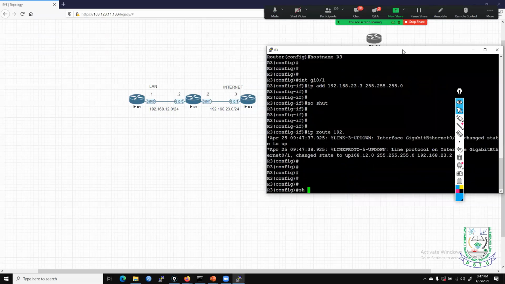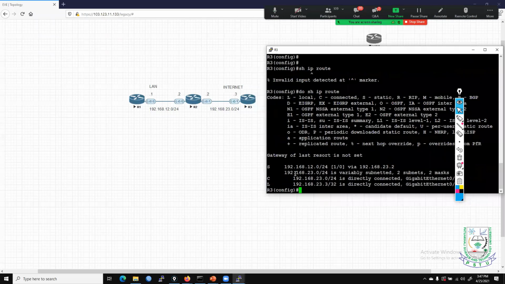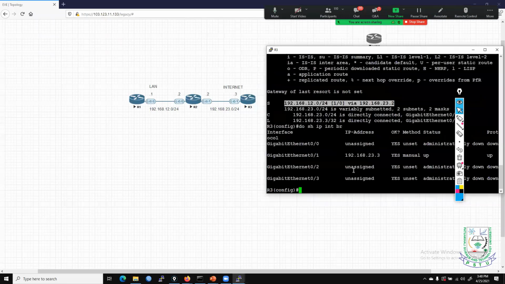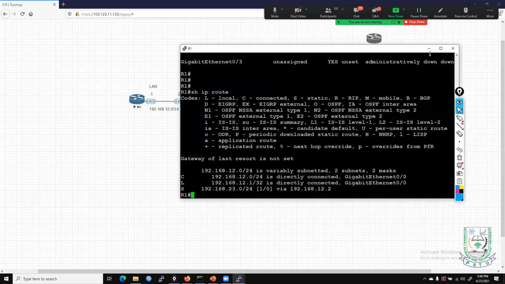Right. Show IP route. That is for the 12 network via 23.2. And the interface status, show IP interface brief. So it's up on 0/1. And if we go back to R2,